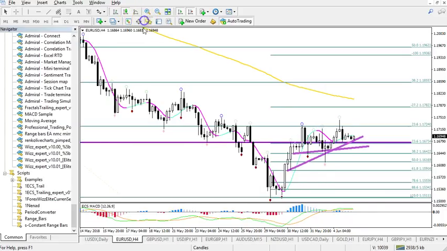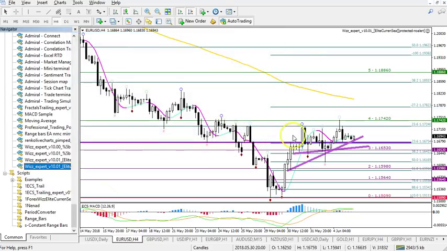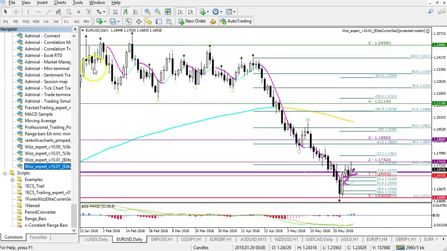We could always, of course, add sequence levels, our Wiz tool, to the bottom to see where the targets are. And you can see there's a fifth Wiz level about the same spot as the 38.2 fib there. So there's confluence. Price also neatly stopped at the fourth level, as you can see. So if it breaks above this fourth level, there's space up to the fifth level on the Wiz tool as well, which would support our analysis of upside